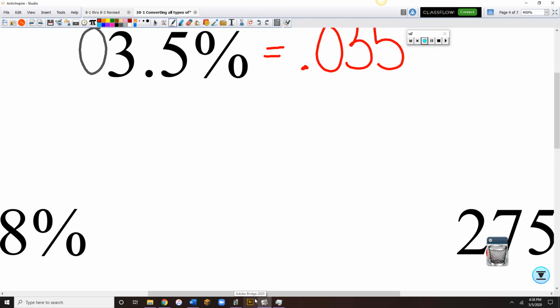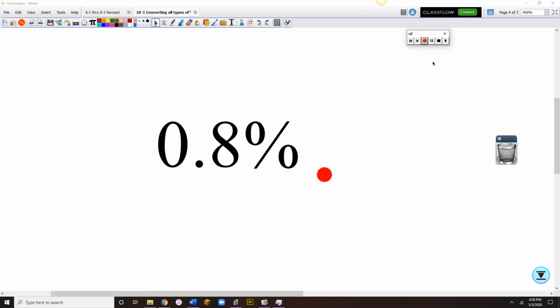One more. This last one, some students like to say, well, this is already a decimal, I just take away the percent sign. No, that's not how it works. The rule is if you see a percent sign, you move the decimal over 2 times. And again, we fill that hole from moving 2 times with a placeholding 0. So our answer is a decimal point,